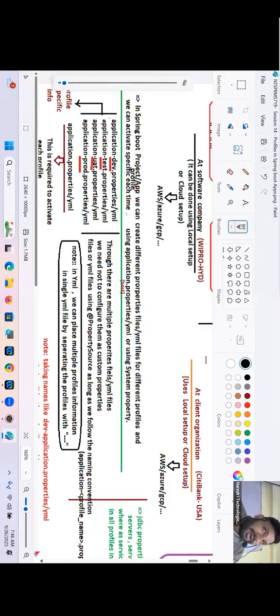Do you remember how to make our code 100% loosely coupled? I have given many options, and one option is profiles. And I said profiles is the best. Remember that? I hope you understood and remembered that, guys.